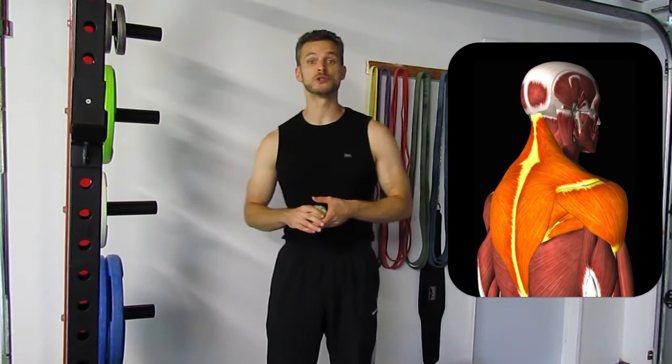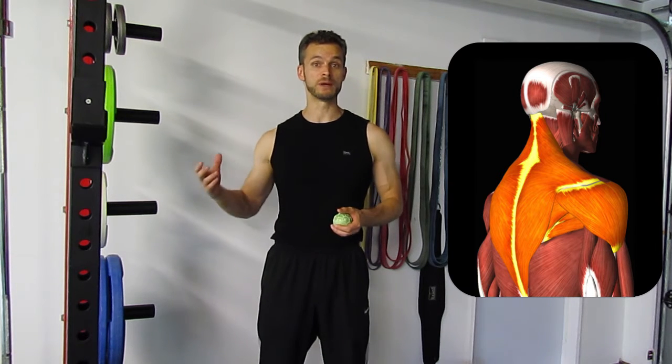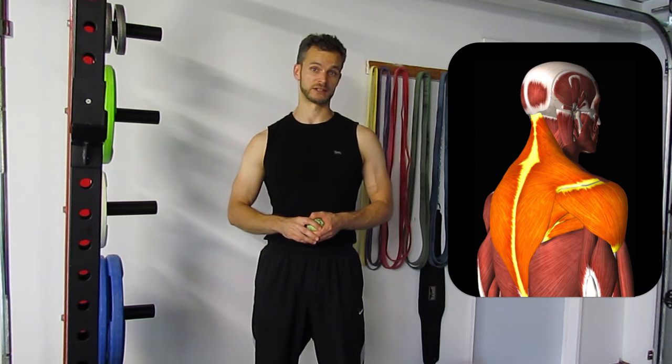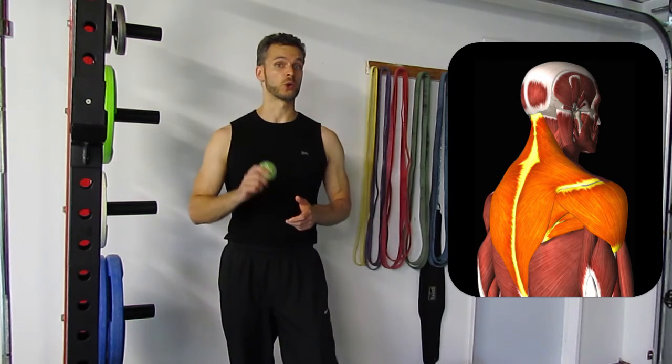Luckily, there's a lot we can do about this and restore some of the function, both the mobility and also ease and efficiency of breathing, which can be affected. The ideal is to go to a skilled manual therapist. As a supplement to that, or if that's not available to you, there's something you can do quite easily to